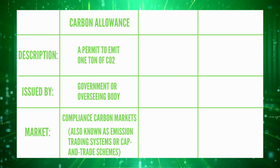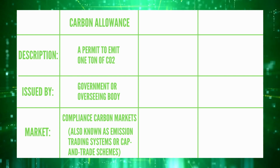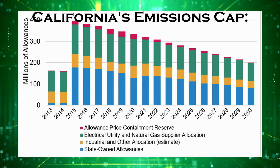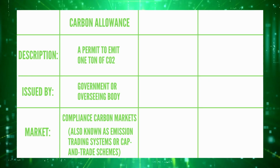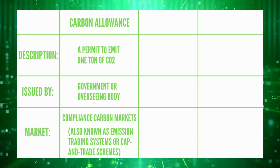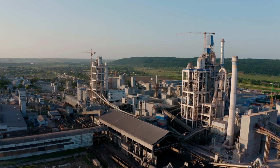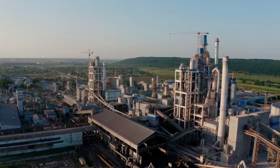A carbon allowance is a permit to emit 1 ton of carbon dioxide into the atmosphere. Carbon allowances are created by a government or standards body who put a cap on the level of acceptable emissions in a particular region, with that cap decreasing every year. Based on that cap, every company involved in the compliance carbon markets receive a certain number of allowances, which are tradable between market participants, which tend to be heavy emitting industry like power plants, industrial manufacturers, or other carbon-intensive production